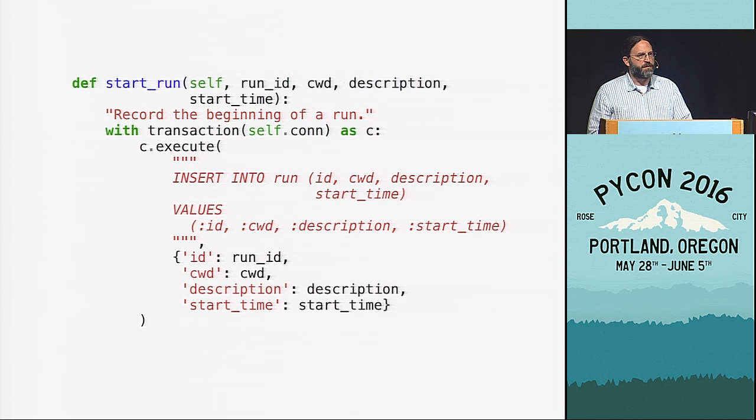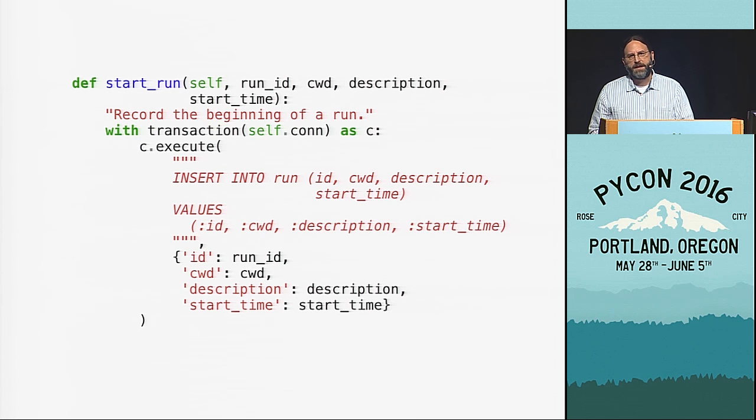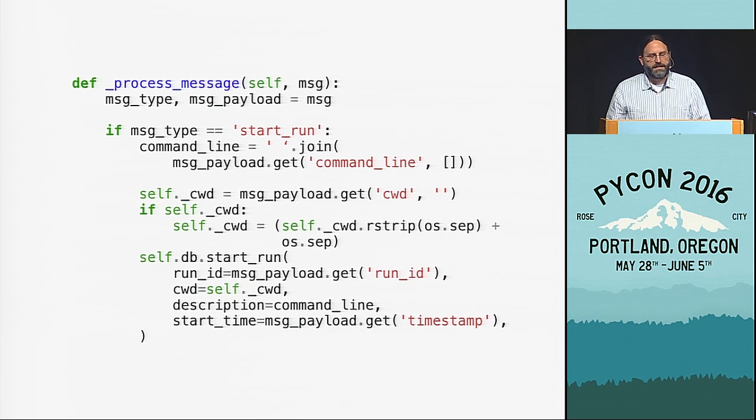And what that let me do is test out end-to-end that I was collecting data, sending it over the socket, writing it to the database, and my transactions were working correctly. And then I expanded that API, the database handle, for all of the other events that were going to be collected. So the record command that writes to the database has a method for processing messages, and you see it's got this if statement again where it's looking at the message type.